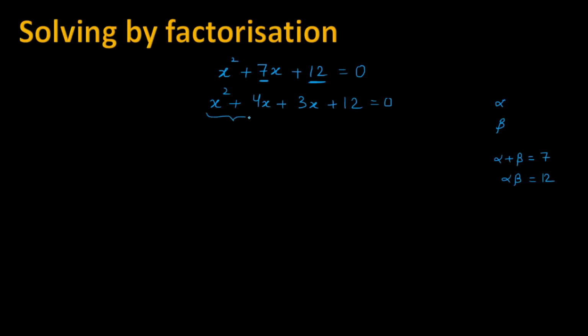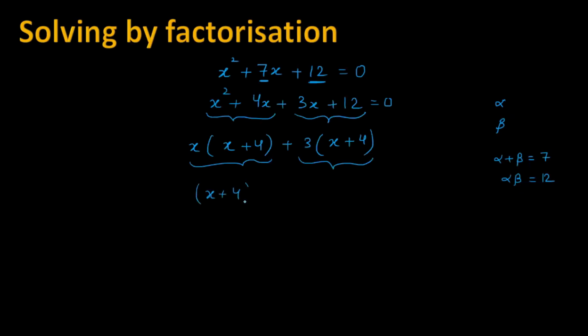Now, consider these two terms and these two terms. From these two terms, we will take x common, and inside we have x plus 4. And from these two terms, we'll take 3 common, and we'll get x plus 4. Now, this is one term and this is the other term. From these two terms, we have x plus 4 common, and the rest is x plus 3